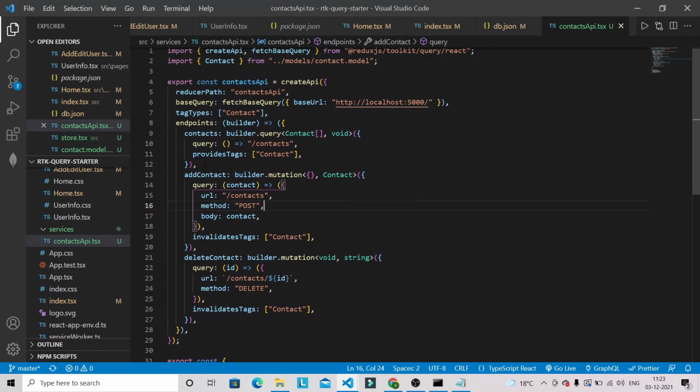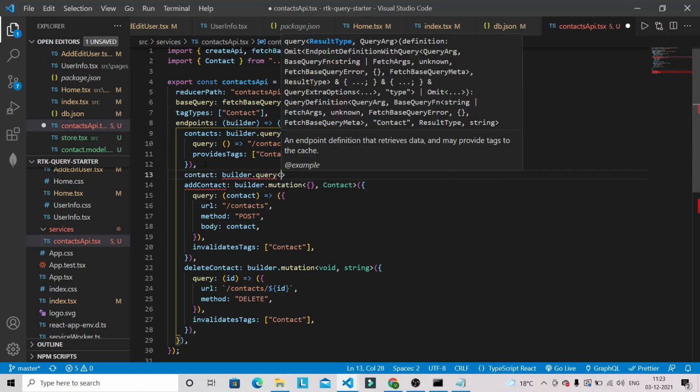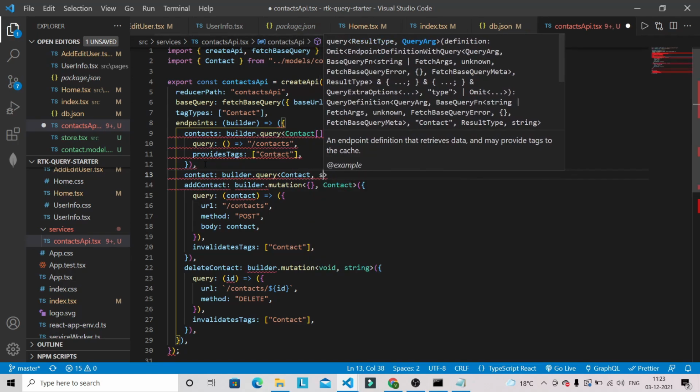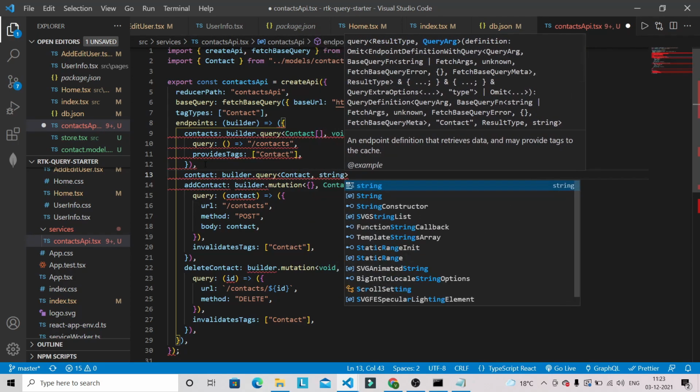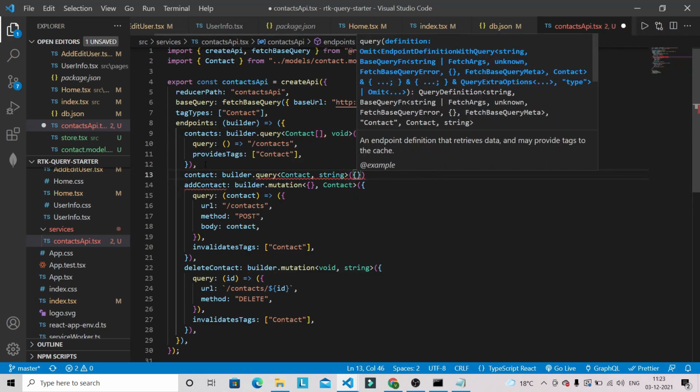In order to fetch the single contact, we're going to use contact here, and again write a builder.query. This will have a contact, and we're going to fetch the single contact based on the id, so that's why I'm providing a string here.